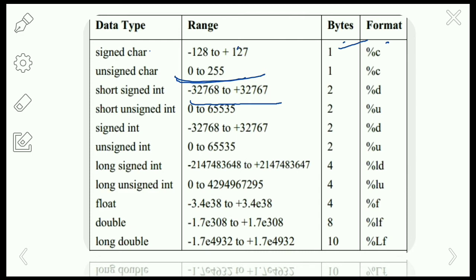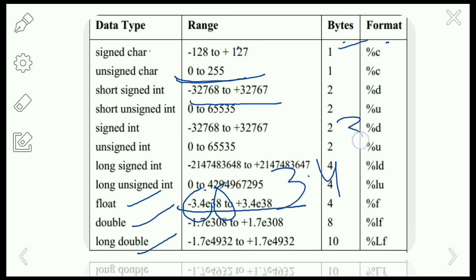And here if you observe, in the case of the floating point, double and long double, the given range is in the format of floating point values, that is minus 3.4 exponent 38, where 3.4 is the mantissa part and 38 is the exponent part. Similarly, plus 3.4 exponent 38, that means 3.4 is the mantissa part and the exponent part is 38.